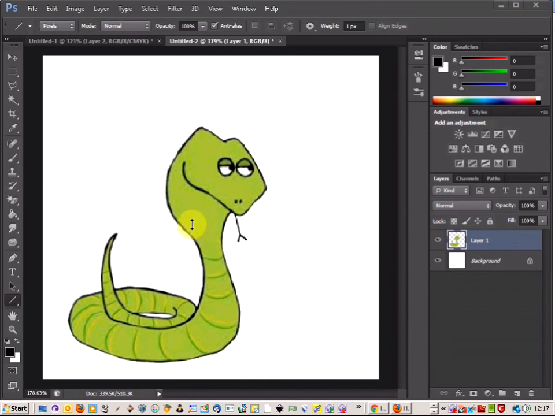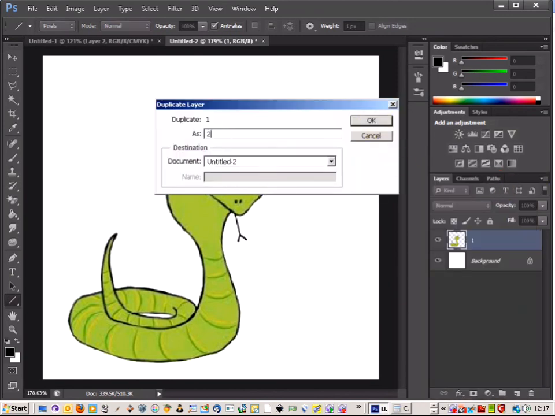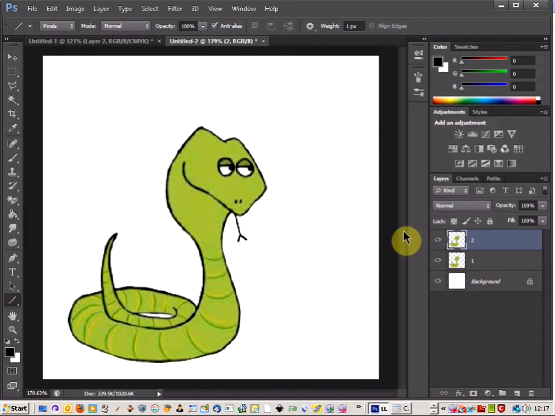Today we're just going over the basics of animating a character, and I'm going to use the puppet warp tool especially today. So first of all, we'll get a picture of your character, and then I'm going to change the name of the layer and just call that 1, and then duplicate the layer, call that 2, and then just reduce the opacity on your second layer,